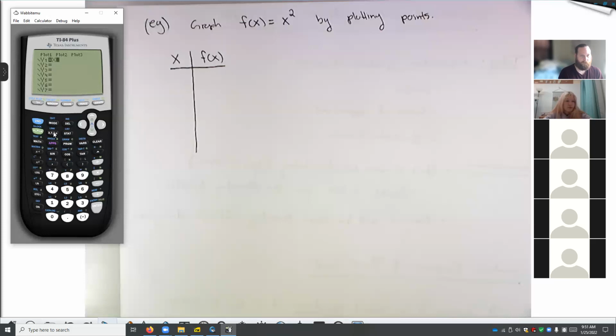And then there's two ways to type x squared. There's a button here that has a little x squared on it. If I hit this, it will square whatever variable the cursor is on. So that's one way. The other way, I'm going to clear this all out and type x. And then there's a little button here called a caret. It looks like an arrow pointing up. It's just above the division symbol on the far right.